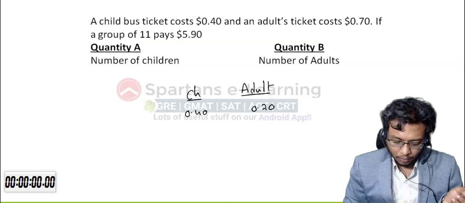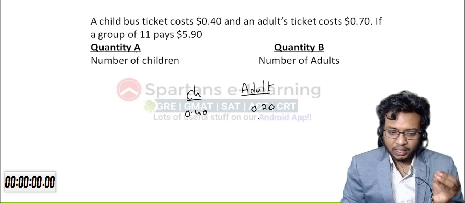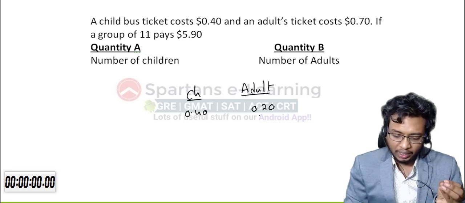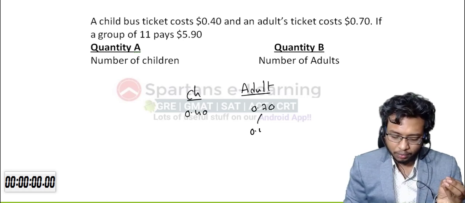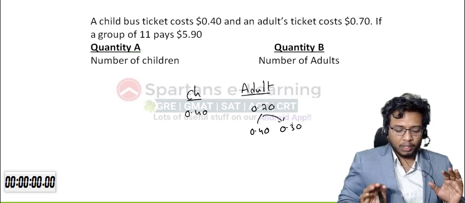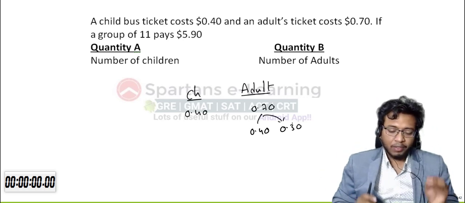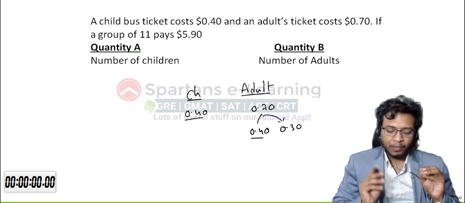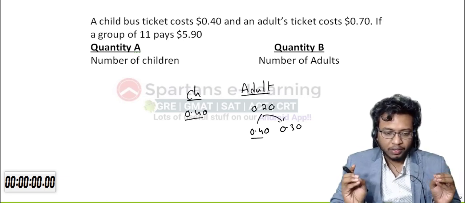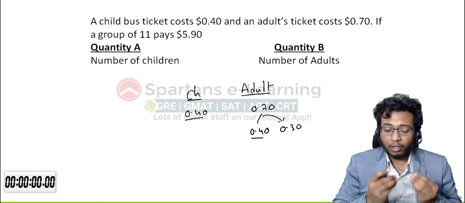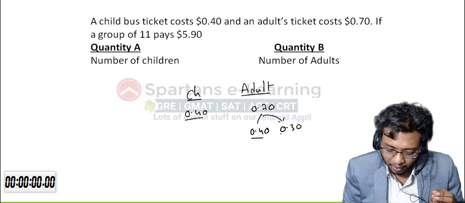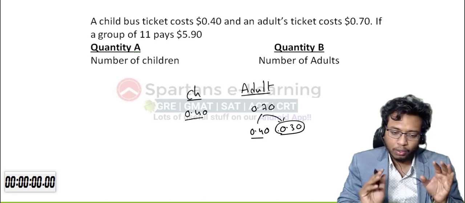Now what I will assume is, adult tickets are there, right? This is 0.70. Instead of 0.70, what I will assume is even the adult ticket costs 0.40, right? So I can split this as 0.40 and 0.30, correct? I am assuming even the cost of an adult ticket is 0.40 because I want to equalize both. The actual cost of an adult ticket is 0.70, but I'm assuming that it is 0.40 only. So per every ticket I am reducing 0.30, right?